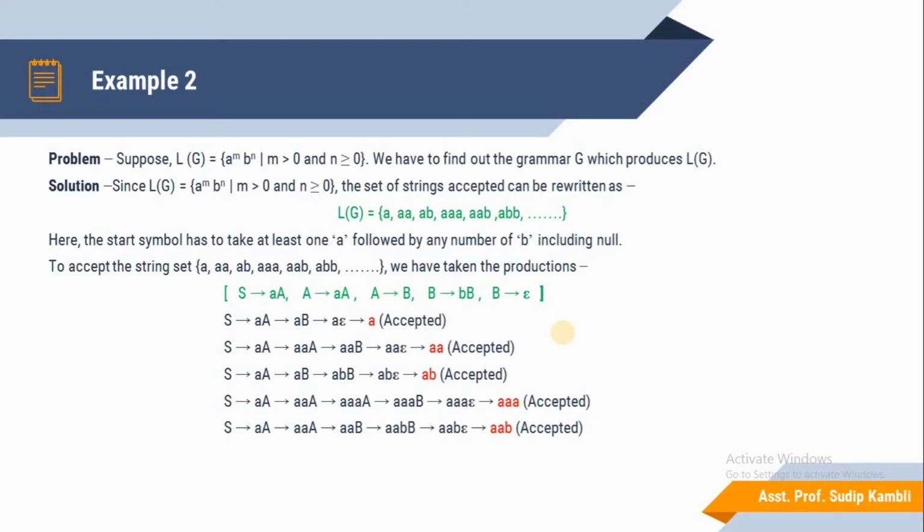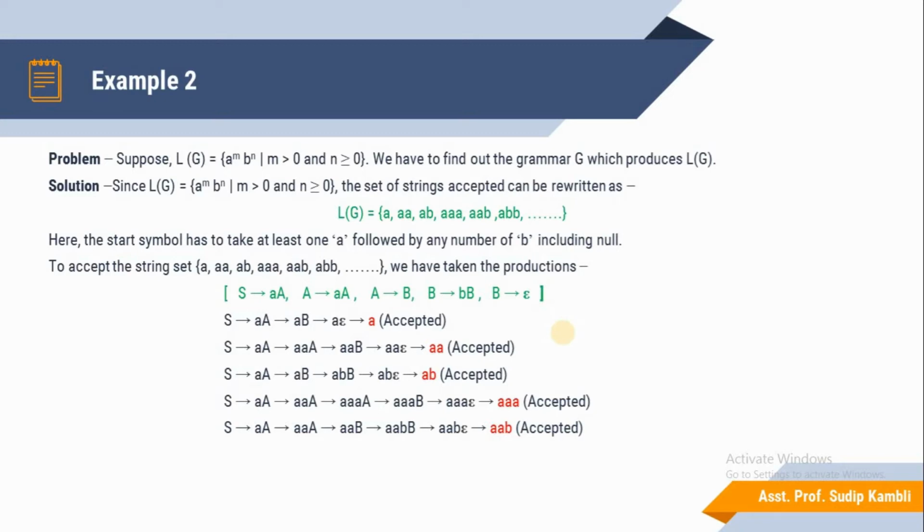Next we cross-check the string double a b. The start production rule is aA, and A is replaced by aA, so the new production set is aaA. Then A is replaced by the non-terminal symbol B using that production rule, so aaB.